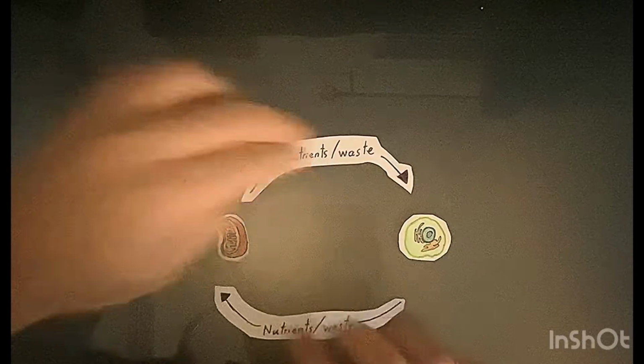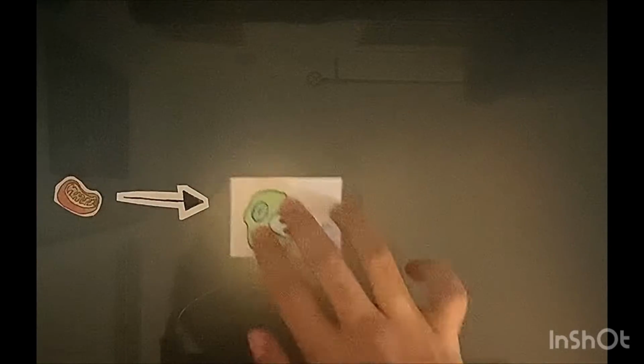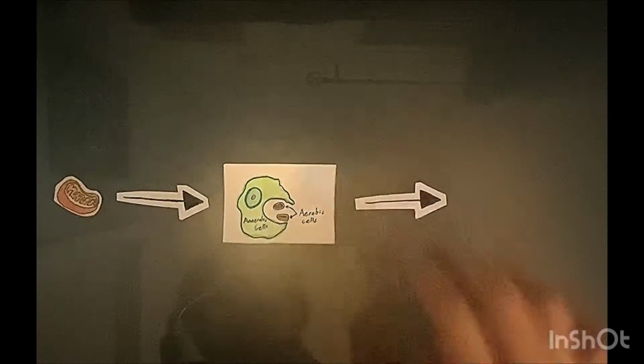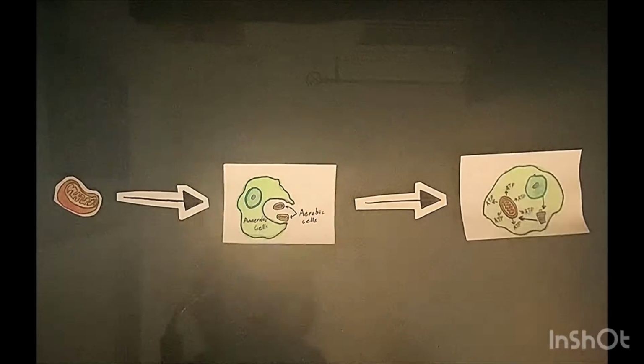Aerobic cells such as the mitochondria and anaerobic cells such as the host eukaryotic cell had a mutually beneficial relationship as they both benefited from nutrient and waste exchange as well as increased environment optimization. The benefit for the aerobic cell lies in that once it was consumed by the host cell, it was able to use the anaerobic cell's waste product along with oxygen to generate much more ATP for both organisms.